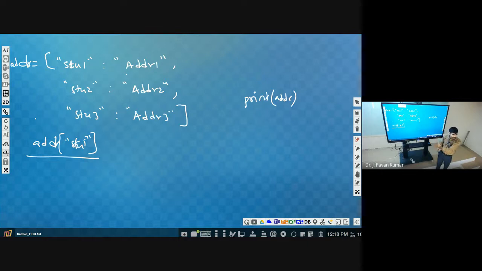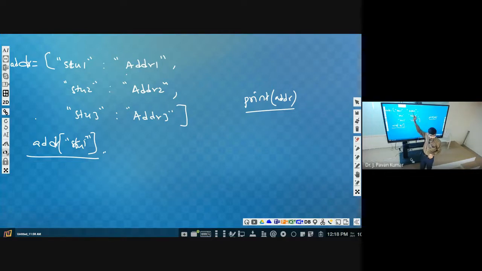Suppose you wanted to know which students' addresses are already present, only student names you wanted to get. Try to understand. Here in the address dictionary, what have we stored?